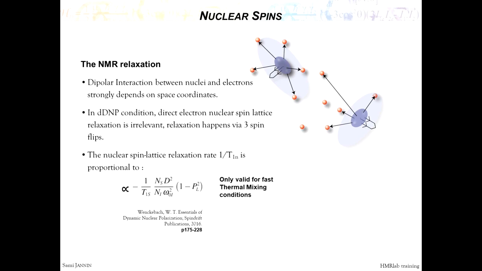The more electron spins you have, the faster it is. The broader the line is, the faster it is. And there is this term that depends on the polarization of the electron. So if the polarization of the electron goes to 1, all the electrons are polarized. Then there's no flip-flop between the electrons. So the relaxation vanishes. And in our case, we see when the electrons are polarized, the relaxation can take hours